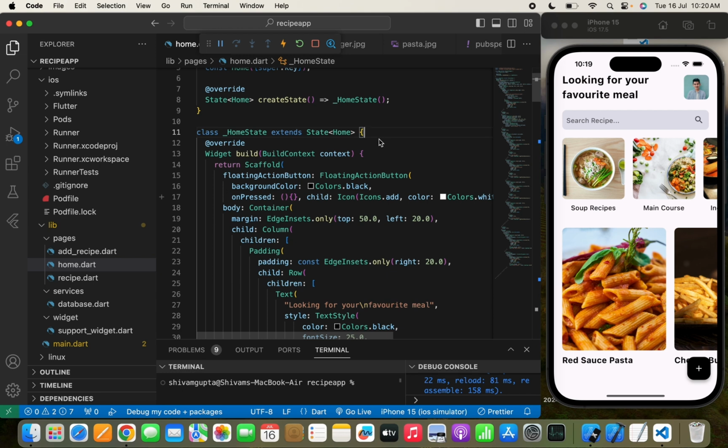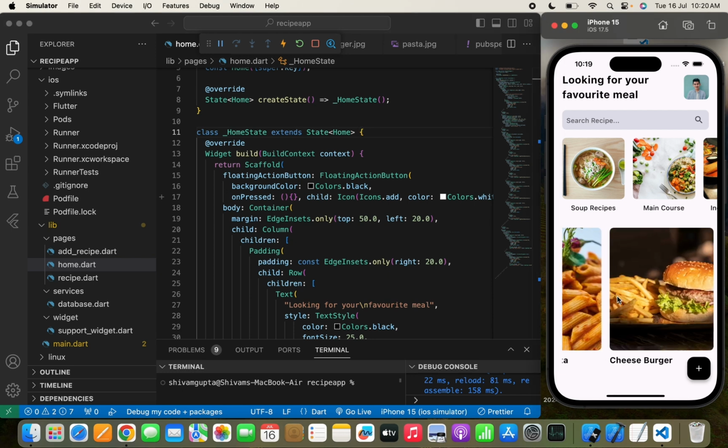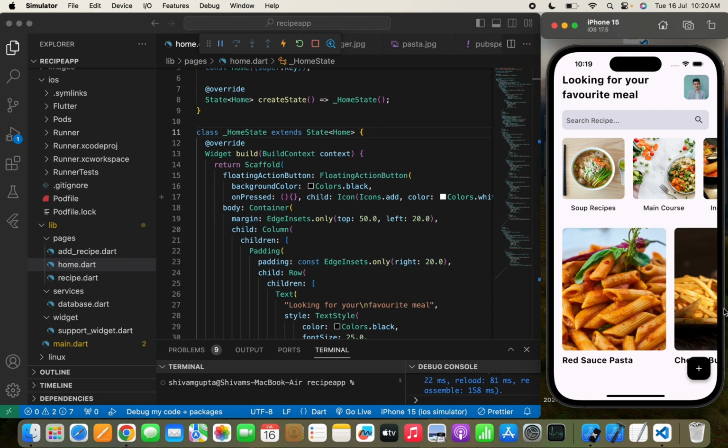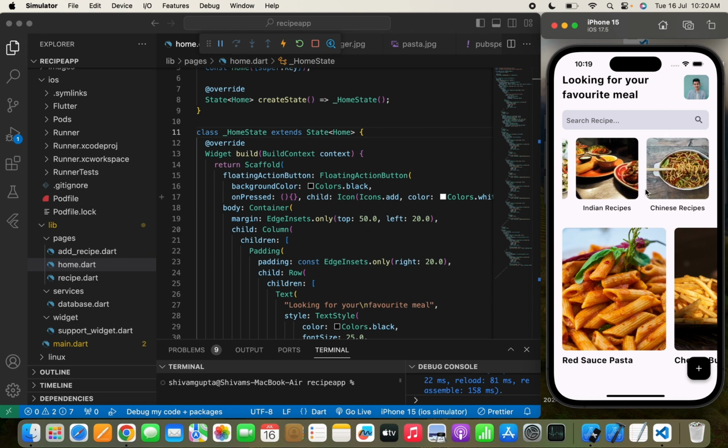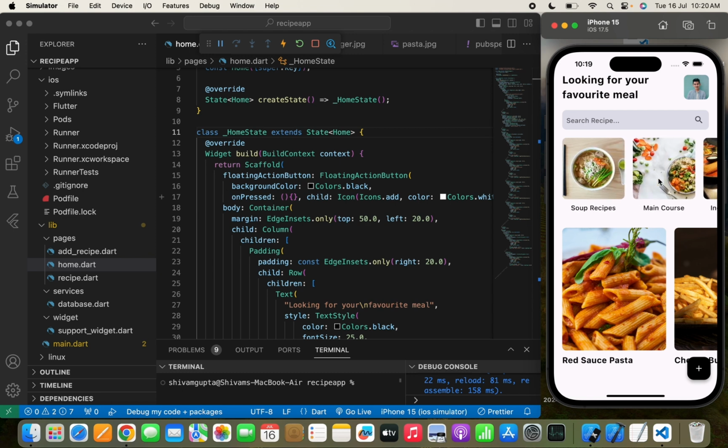To show all the recipes, we need a stream builder, because stream builder will help us show these recipes in the home page, and the recipes that are in the home page are the trending recipes, as you can see here. There will also be a category that I have explained in the first part. When the user taps on the main course, it will show all the recipes regarding the main course category. So let's first move with the trending recipes and add some recipes, or you can say let's call the recipes